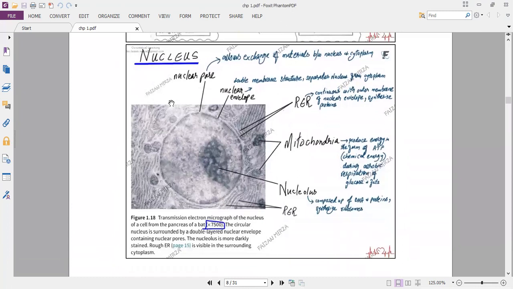Now coming to the nucleus. The nucleus in this diagram is magnified 7,500 times. You can see the nuclear pore, you can see the nuclear envelope, you can see the nucleolus. These three parts of the nucleus are very well visible, and the nuclear pore here allows exchange of materials between the nucleus and the cytoplasm. The nuclear envelope separates the environment of the cytoplasm from the nucleus. You know, cytoplasm is the region where chemical activities are occurring, so the DNA can get damaged from those chemical reactions, so it is protected from chemical exposure by the nuclear envelope.